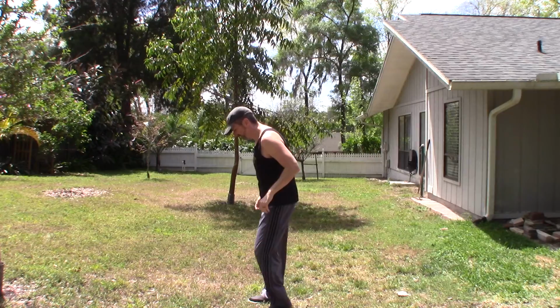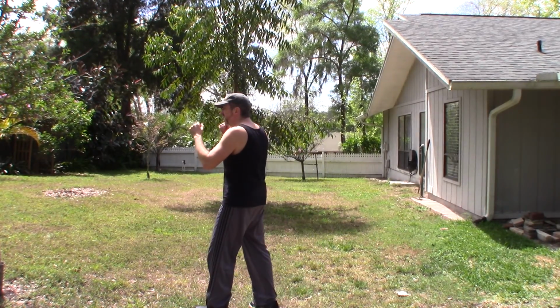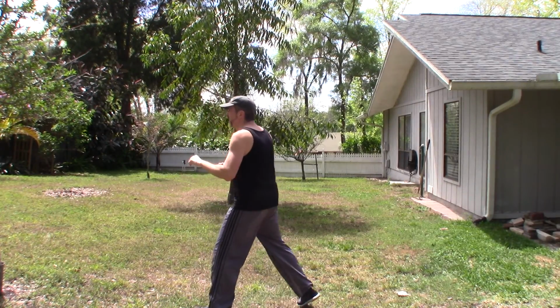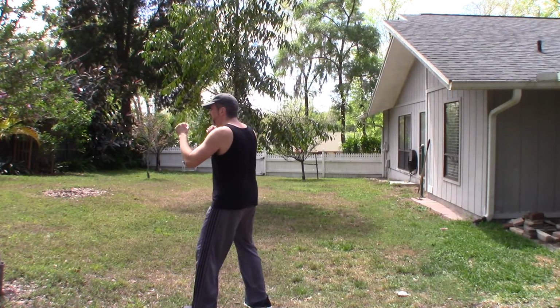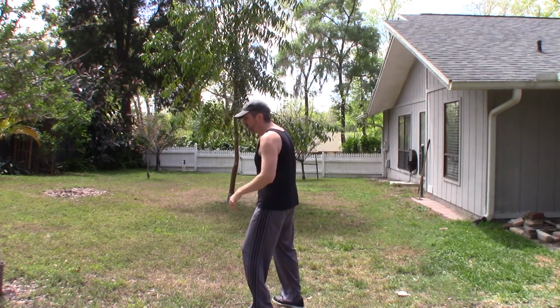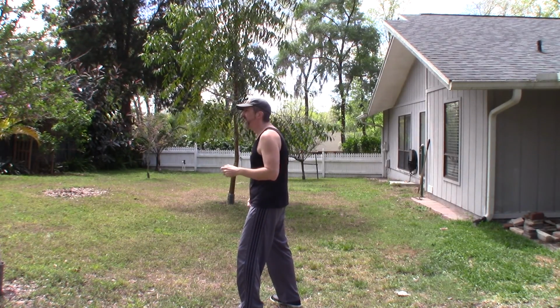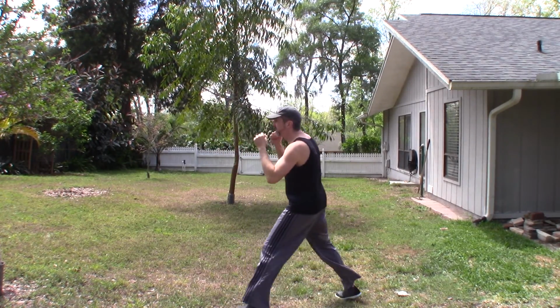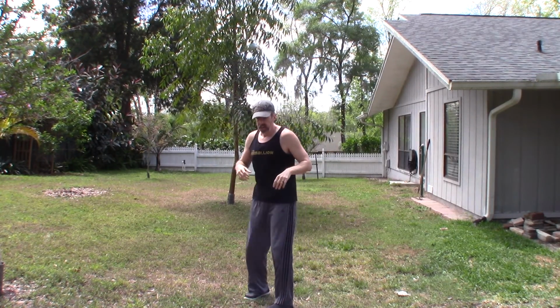Same exact thing applies if I'm moving forward and backwards. If I move forward, I push off the back foot, land on my front foot, back foot drags up behind it to catch up, and I'm maintaining the same relative stance. Okay? Going backwards, I push off the front foot, land on my rear left or right leg, left leg catches up. Okay? It's very easy then to turn this into an